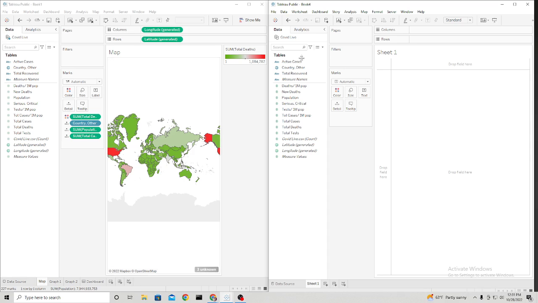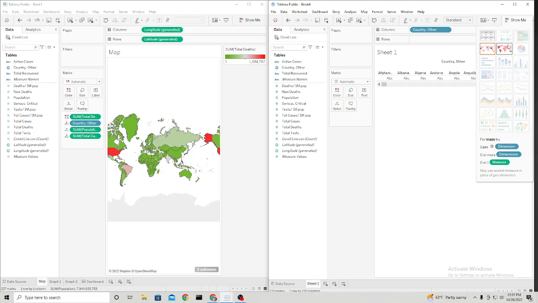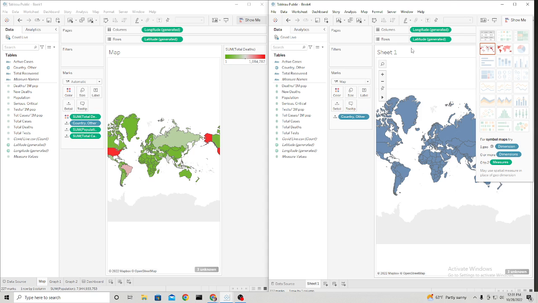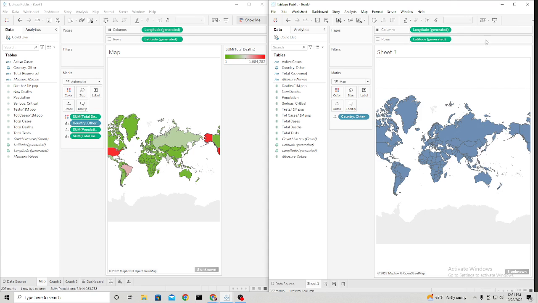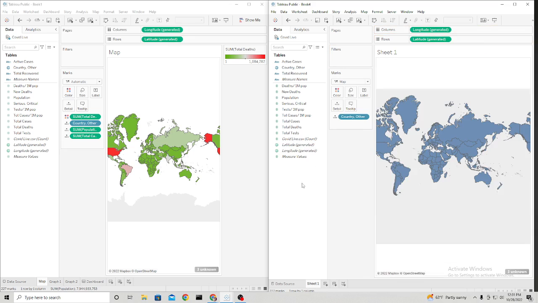Now creating this map takes a couple of steps. You'll see longitude and latitude already parsed here. If you drag countries into the columns and then hit Show Me, then select the map, it'll generate coordinates, longitude and latitude, for you automatically, which is perfect. We do have them down here. We could have just manually dragged that. That's weird. That's actually, yeah, that's weird. All right, so